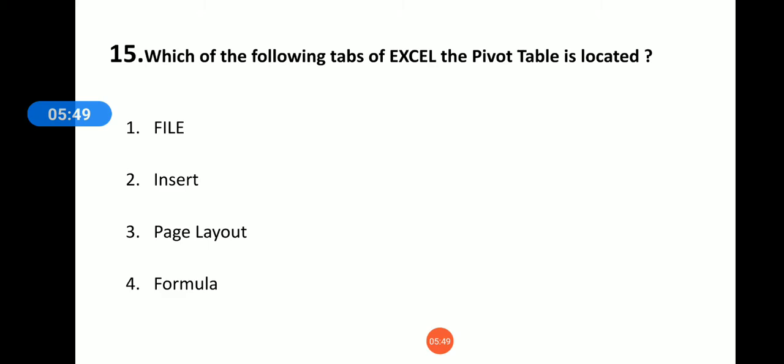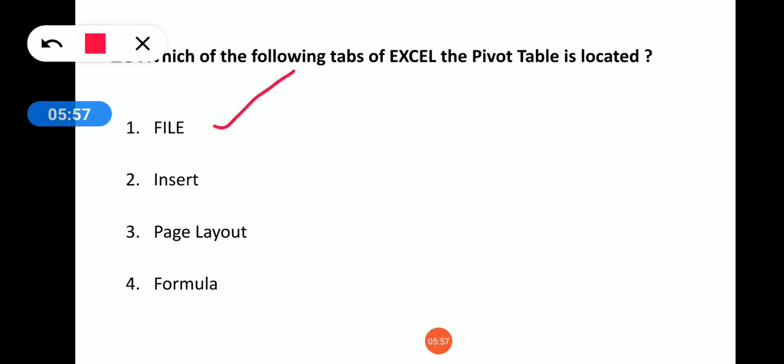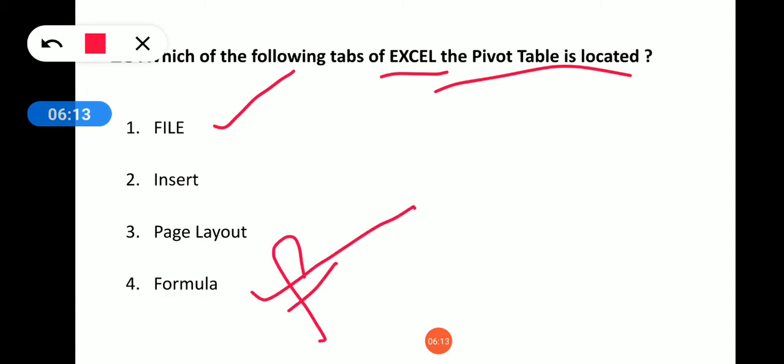Next will be pivot table. Generally, to save any file or to locate a file, we use the File tab within Excel. In Excel we have so many tabs like Insert, File, Page Layout, and Formulas to insert some functions, like some product. Page Layout is for setting the page size, content size, and inserting page breaks.